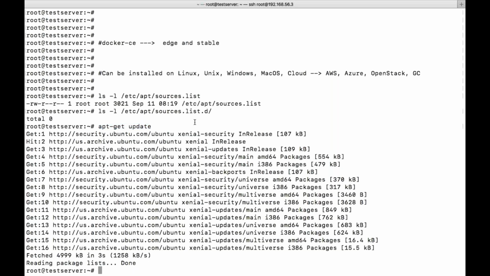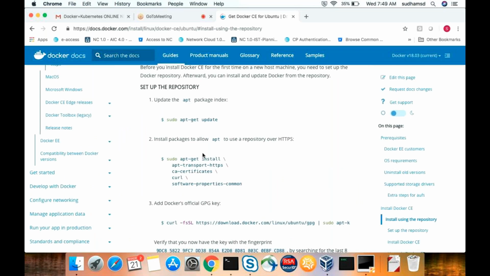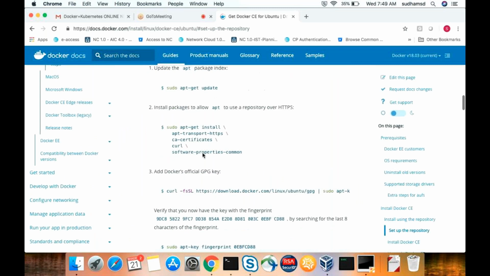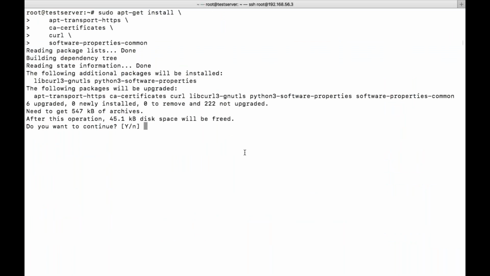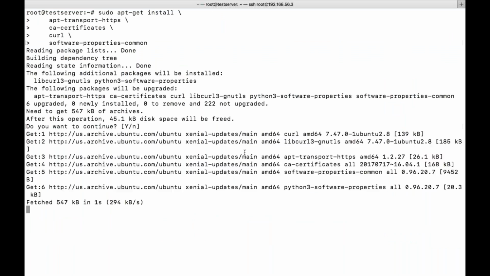Now, we need to install the minimum packages required in order to install Docker. A sudo command is not mandatory because we are already logged in as root. If we are doing this from a different user, then we need sudo before it, and that user should be a sudo user.